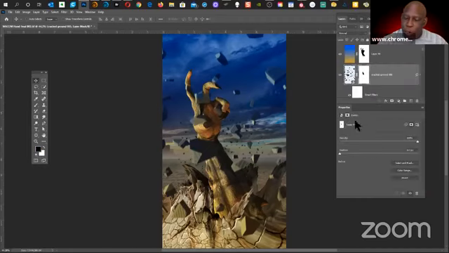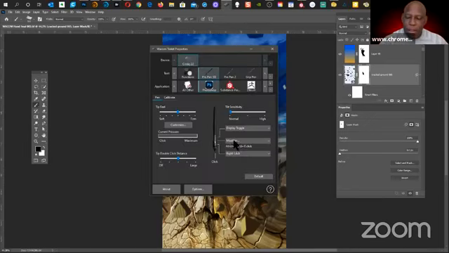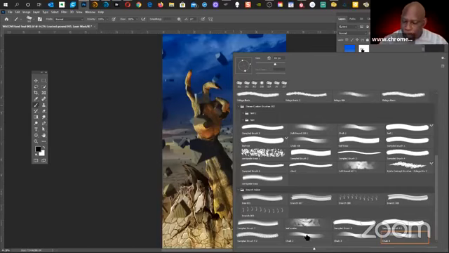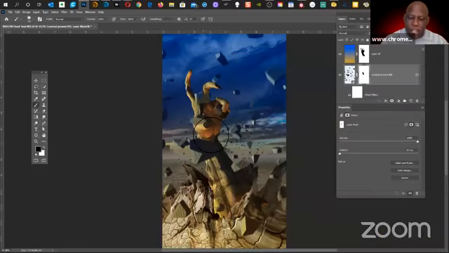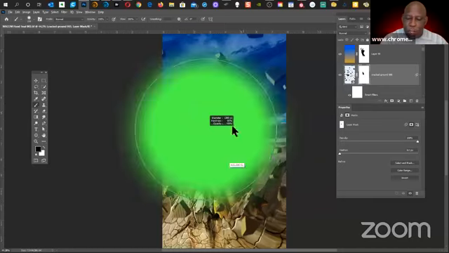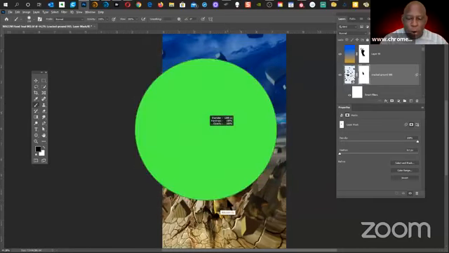Go to my layers, go to my mask, hit B for my brush. Now I have this set. Let me go in Photoshop. My middle button is designed to resize my brush up and down. If I grab a standard circular brush, the middle button makes it bigger, right to left. I'm dragging my hand left to right, and then down for hard, up for soft.